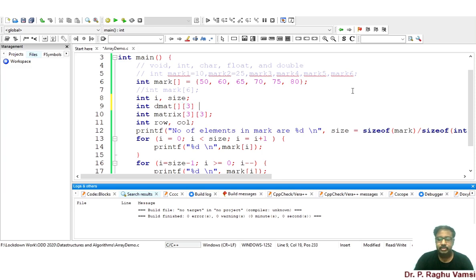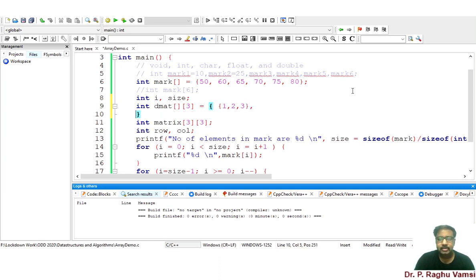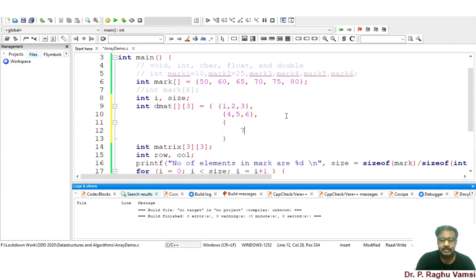So I'm going to declare a 3 by 3 matrix. 1 comma 2 comma 3 is the first row, and the second row should again be enclosed in brackets: 4 5 6, next 7 comma 8 comma 9.